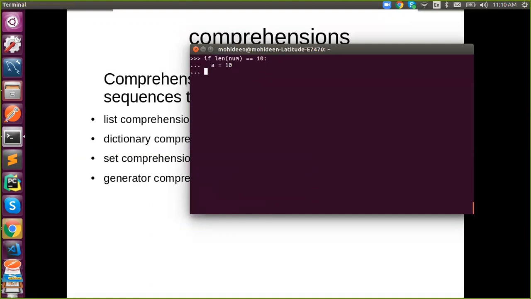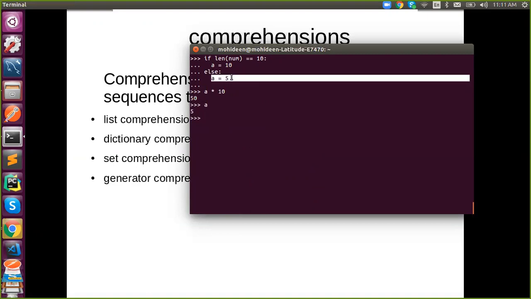So else a is equal to 5. Now if we say a star 10, it will give some result, because either the if is satisfied and a is created, or else a is created, right?